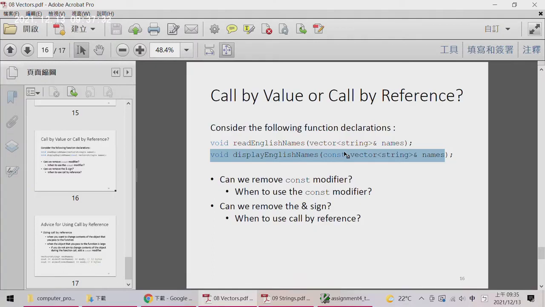And if the answer is no, please raise your hand. Oh, okay. The answer is yes. We can remove the const modifier. This modifier is not necessary, but we add this modifier here because we want this kind of protection to prevent